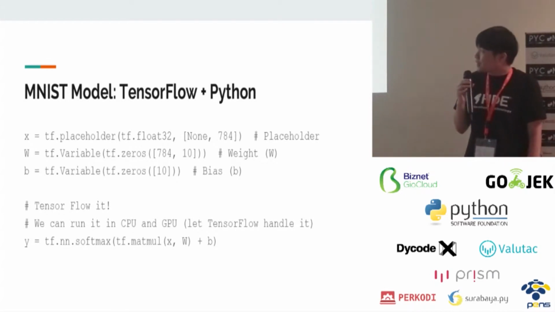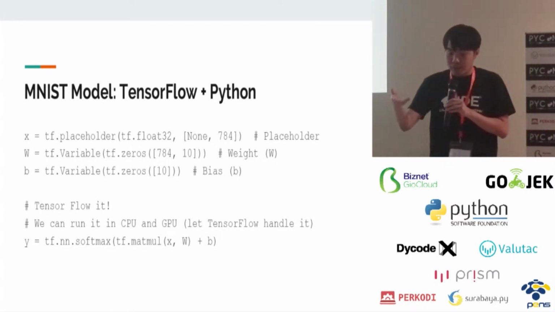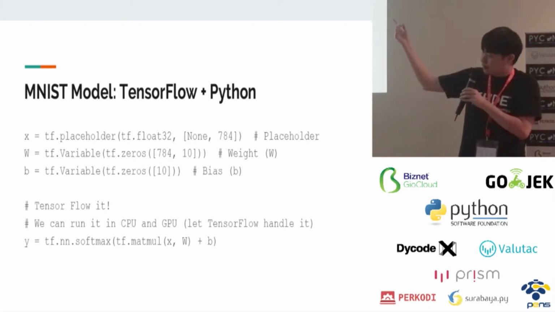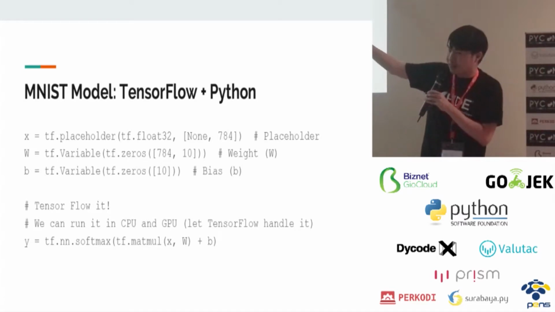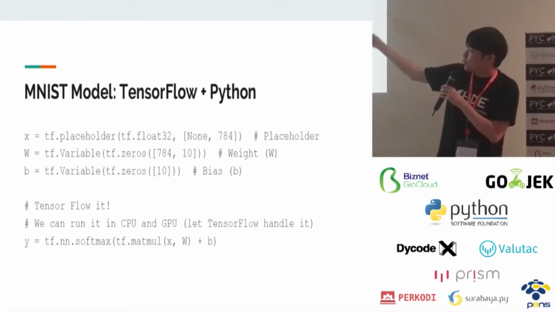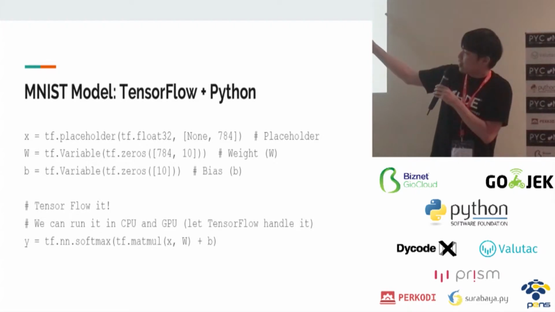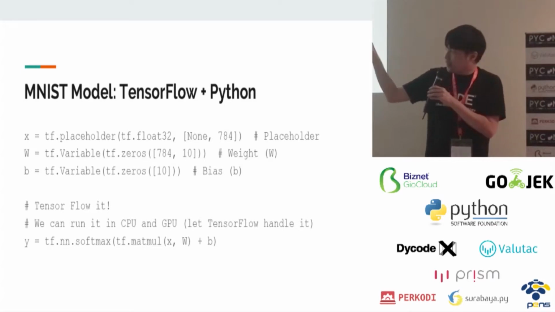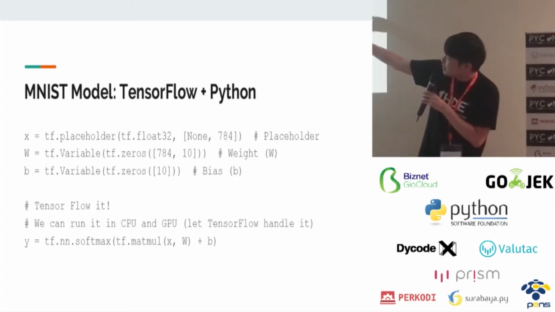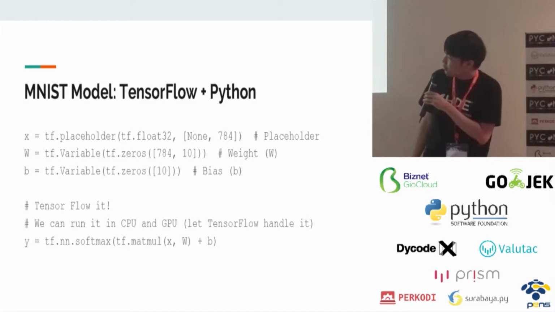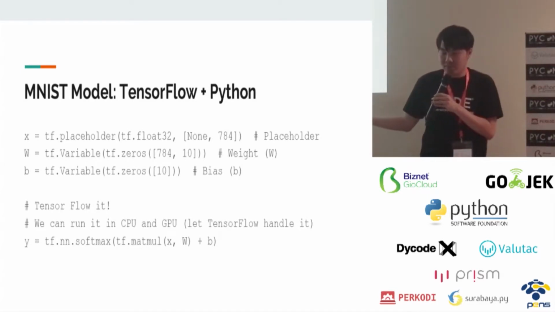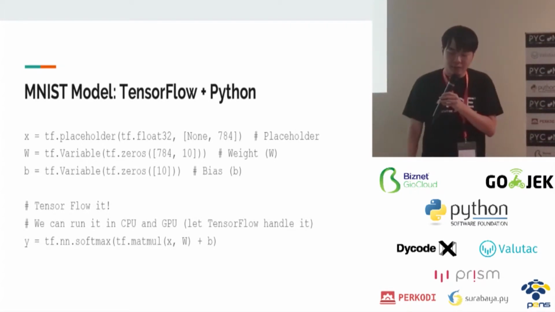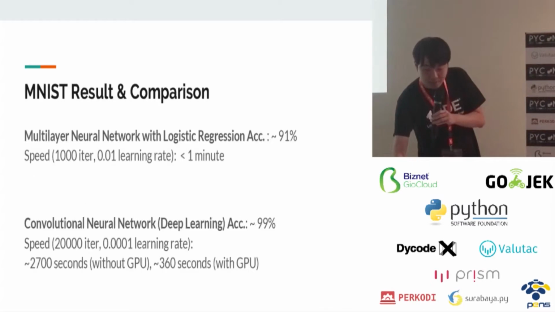Now, how do you represent a model from the previous image in Python code? With TensorFlow, it's actually very easy. For example, in the previous image, we have x1 until x784. You can represent it with x equals tf.placeholder. The size is specified there. For the deep learning network, you specify the weight and the bias in this way. And for the softmax layer, you don't need to implement the details by yourself. You can just use the implemented version from TensorFlow directly.